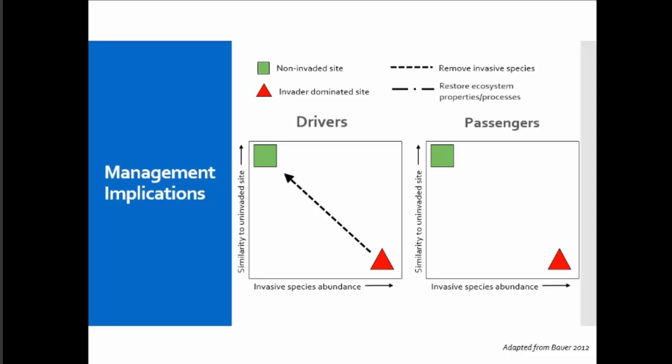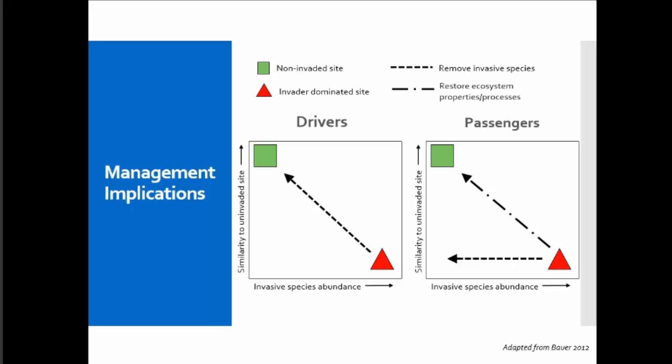On the other hand, with passengers, it's thought that if you remove the invasive species, what you're basically going to be able to do is to decrease the abundance of that particular species, but you're not going to get to the point where that site is at the state it was before, because it's still dealing with the underlying disturbances that allowed the invasive species to get there in the first place. So in this case, the management would be more focused on restoring the ecosystem properties or processes that created the